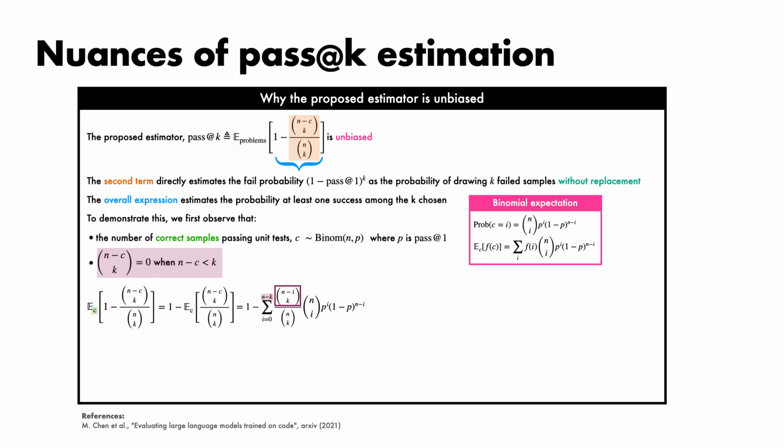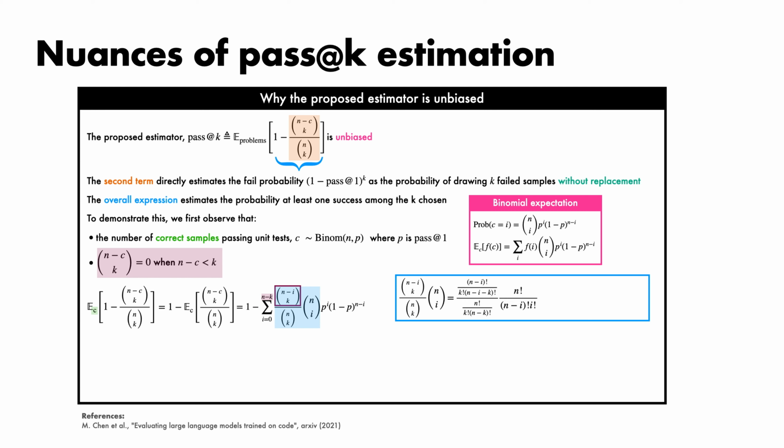We've also got a slightly messy term here, highlighted in blue. If we take this term and write out the factorials, we see that we can cancel the n factorials, the k factorials, and the n minus i factorials to yield this fraction, which in turn conveniently collapses to n minus k choose i. Substituting this n minus k choose i term back in gives